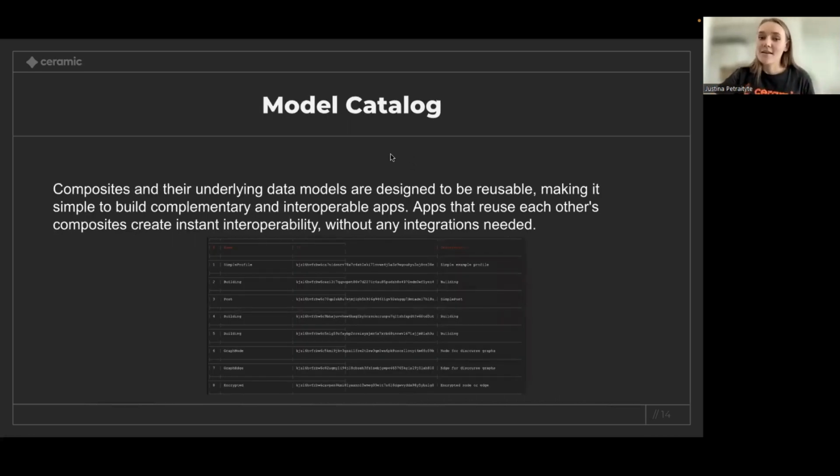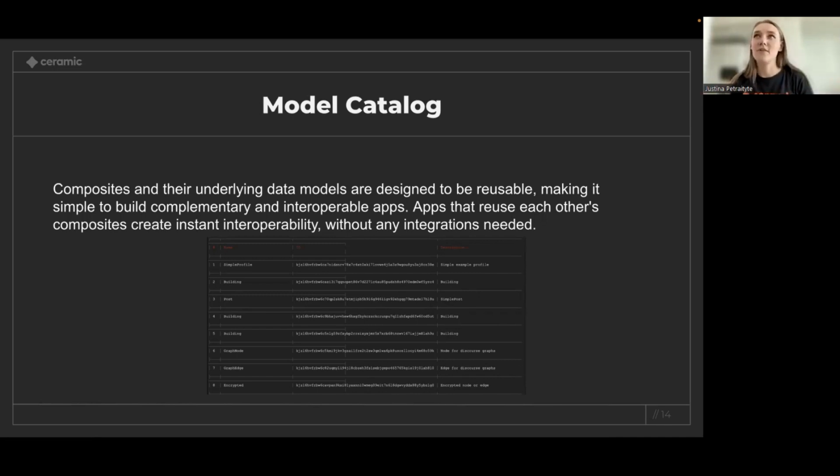So model catalog is the place where those data models can be shared. I will show an actual example of that in action. But basically, it's a right now very simple CLI command that you can run, and it's a very basic table that gives you a list of currently existing data models. You can see some details about them. What is the name of the model? What is the description of the model? You also get a model ID, and then using that ID, you can fetch the model on your own node and start using that for your application.